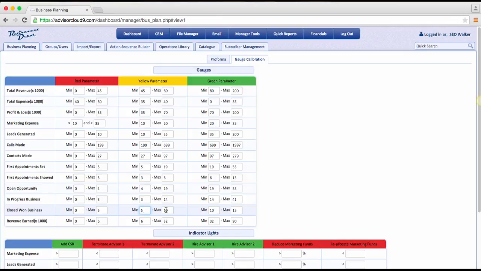In this case, since we put in 5 to 5 for the yellow parameter, it is just simply not going to appear. The same will apply for the red parameters, in which the user can allow only yellow and green to be on the gauge. Below our gauge parameters, there are the settings for indicator lights. Indicator lights are intended to be much like the check engine